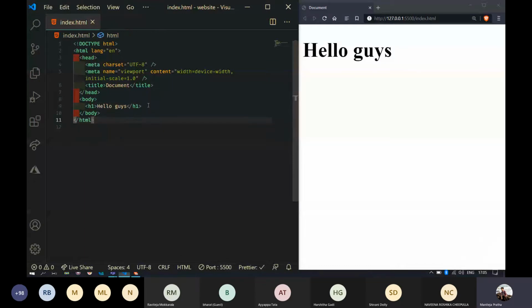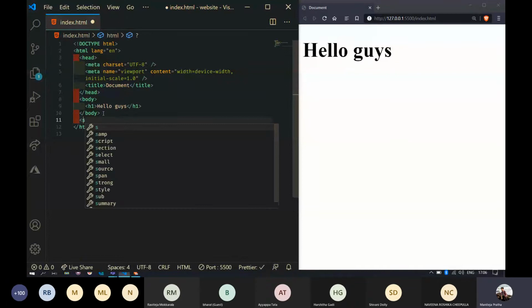So now to access any element, everything inside this body tag will be plain HTML, right? If you want to write any JavaScript code inside the HTML file, you need to use the script tag. Whatever you write between the script tag will be the JavaScript code for that page. So now I'll simply print console.log hello.